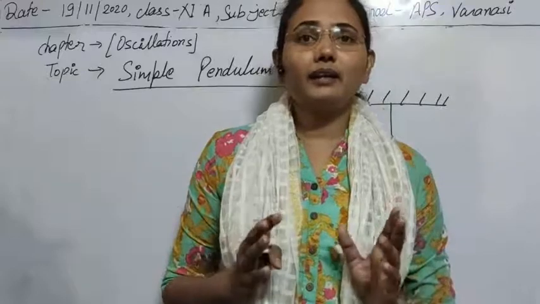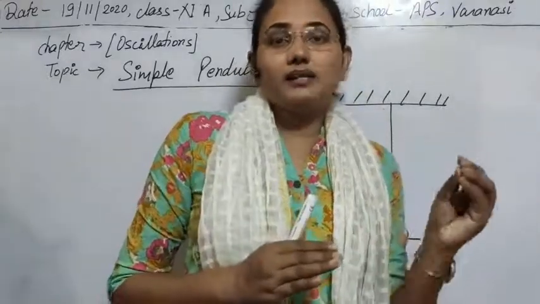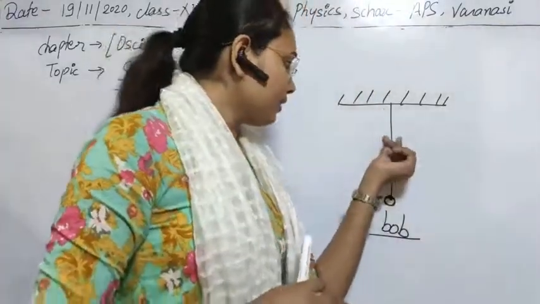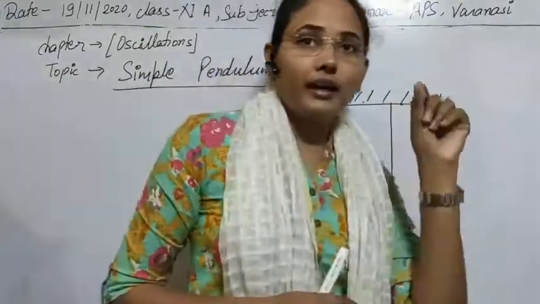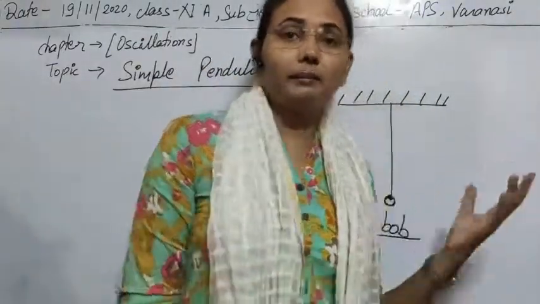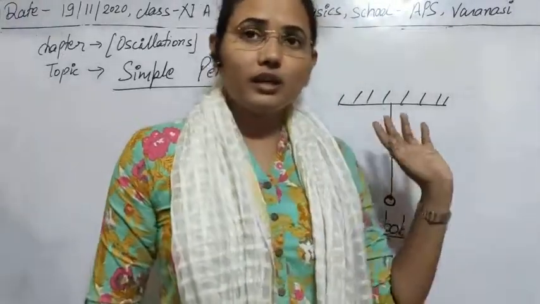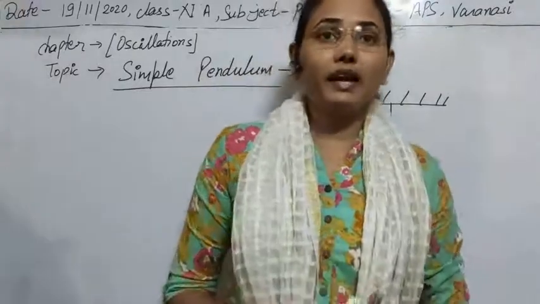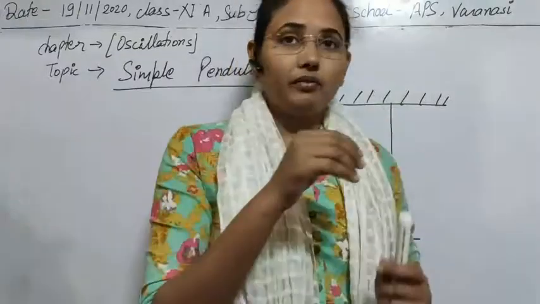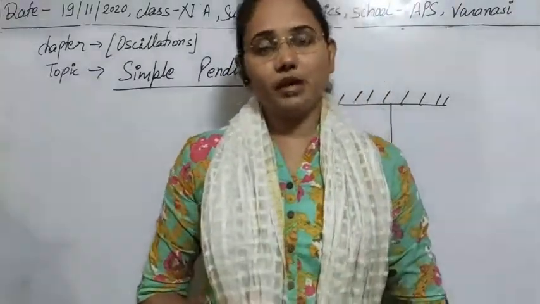Here we will take the concept of center of mass, and that center of mass will be just like the point mass. Also, if we take a spool of cotton thread, that cotton thread will serve the purpose of an ideal simple pendulum string. So nearly it will behave like the simple pendulum, and if the bob is free to oscillate, then in that condition it will perform simple harmonic motion.